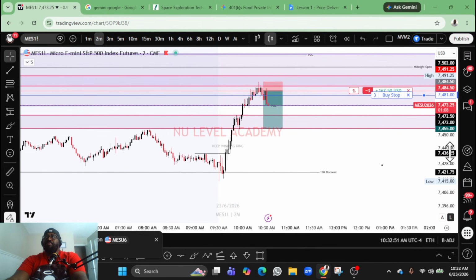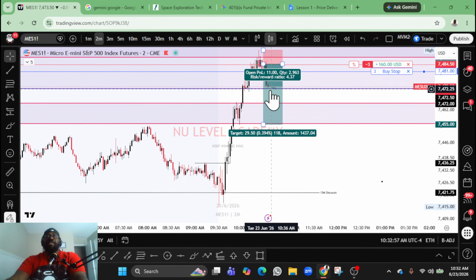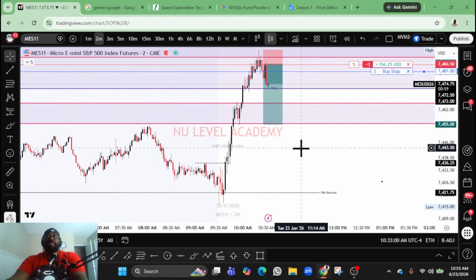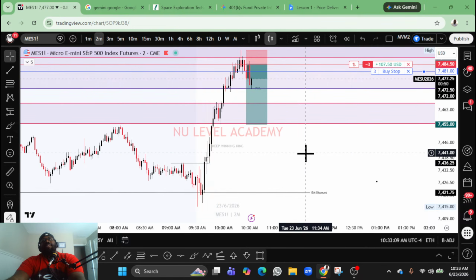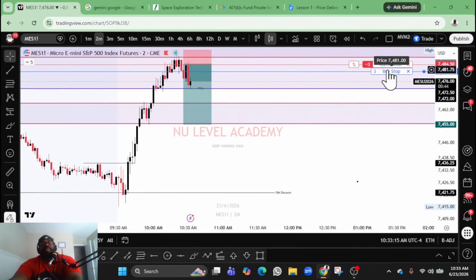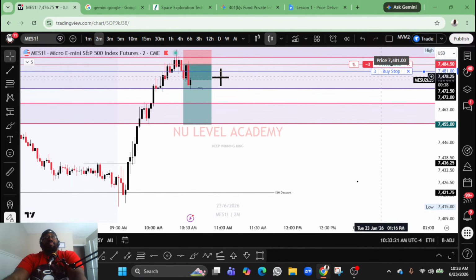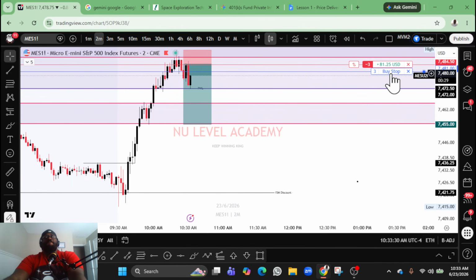So if we break below this level of previous week low, which we're not, that should have been a profit taking zone. So we missed that just a little bit. If we break below previous week low, we'll take off some contracts. But as of right now, all right, you're not going to stop me out. I'm going to go ahead and give you a chance to breathe.